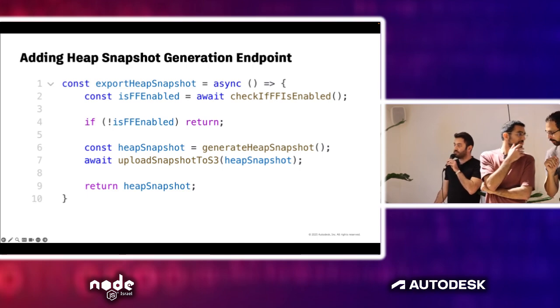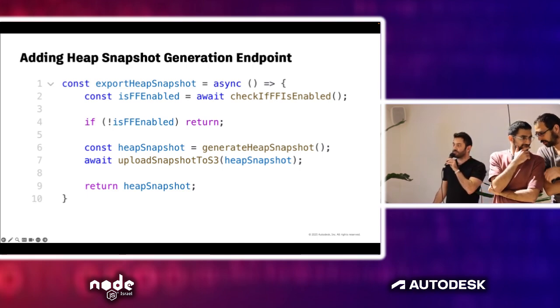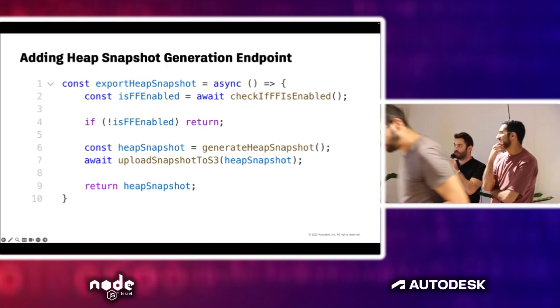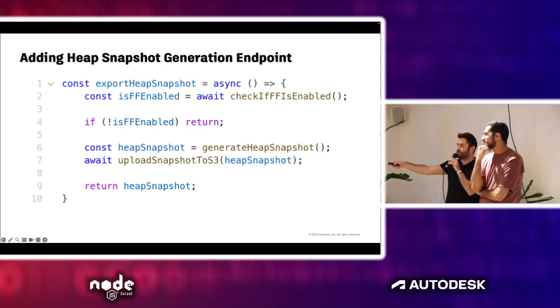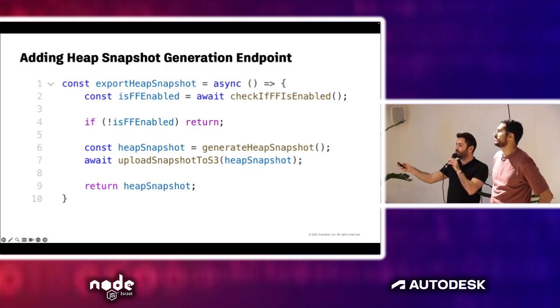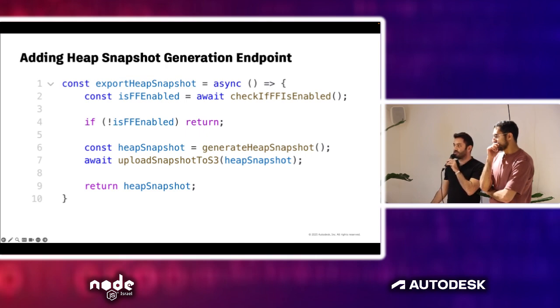What we basically did was we wanted to generate a heap snapshot in our web server. So we added a special route that generates a heap snapshot and uploads it to S3 so that we can download it later. As you can see here, this is a pseudocode representation of the actual function. We also added a feature flag so that we can control whether this endpoint works or not, because every time you generate a heap snapshot, the main thread freezes,